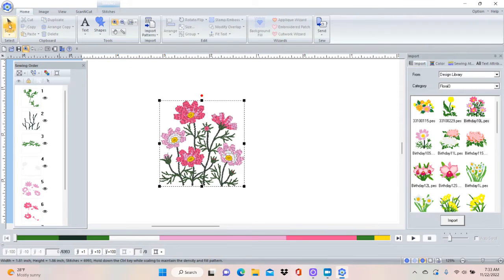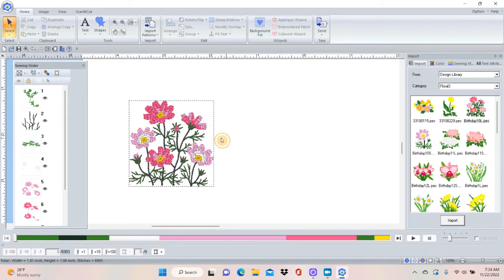So if I come back over here and hit select, my mouse changes back to the arrow. So now I can select and I can move things and drag them and do whatever I need to do with it. Okay, so